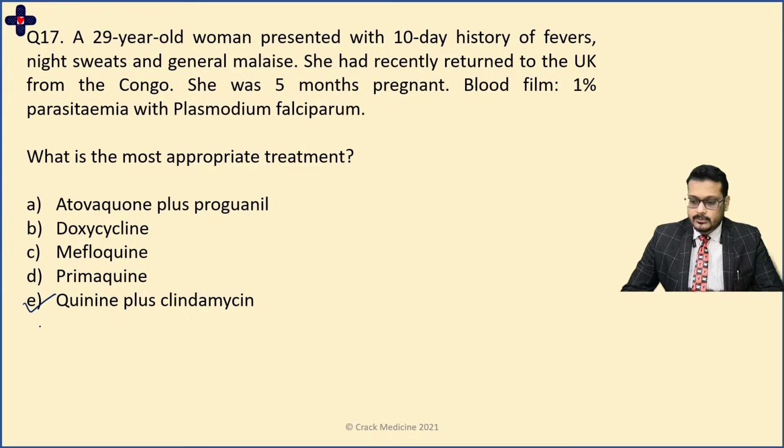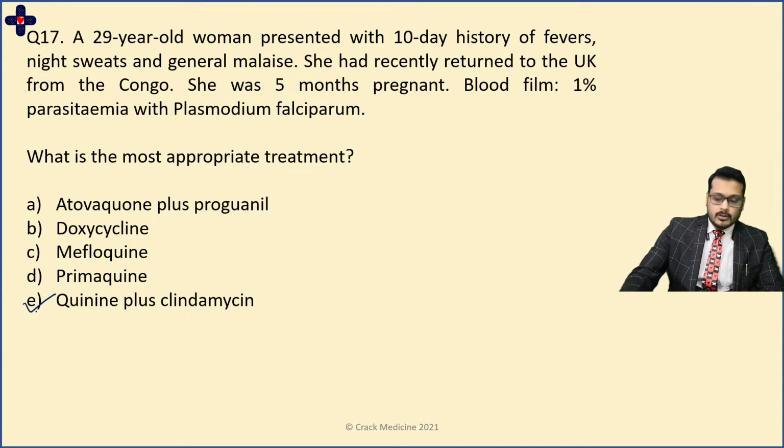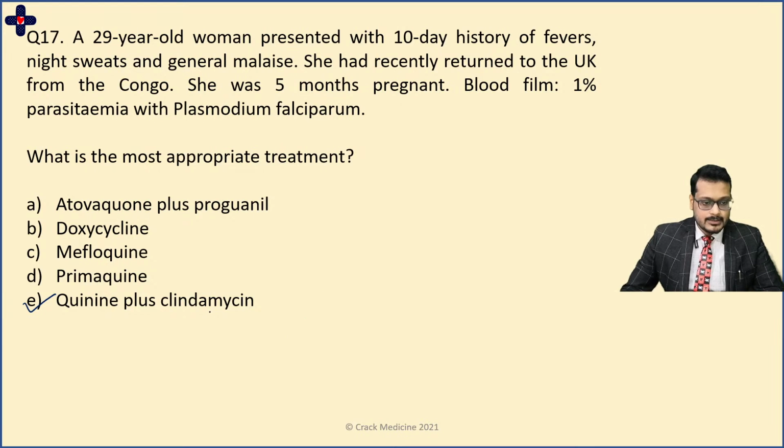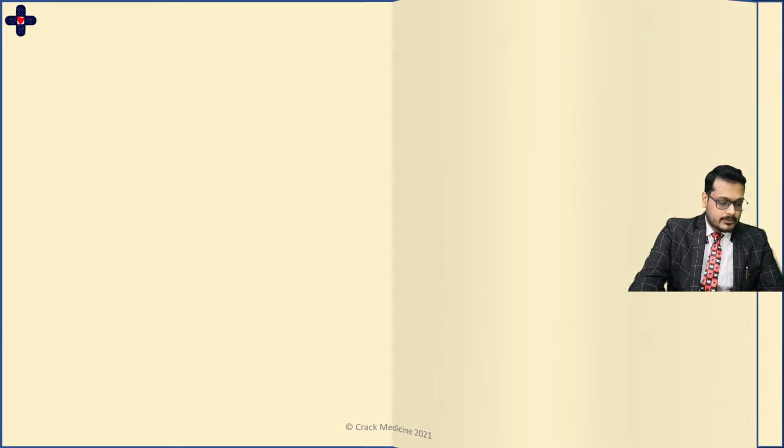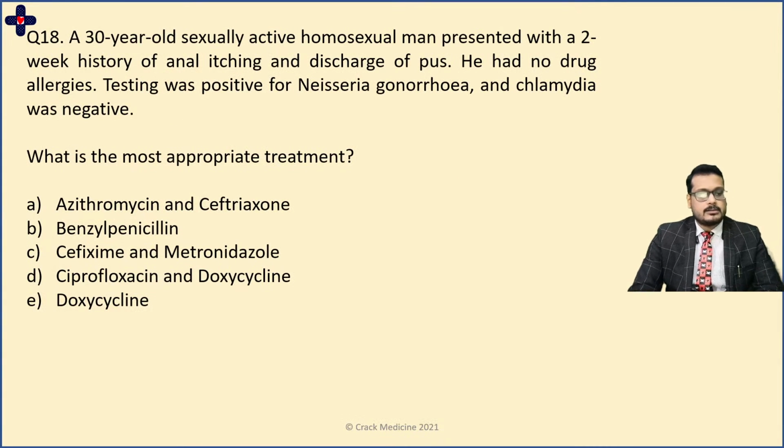Tinu, Pavan, Karthik, Renu, Dr. Aisha, and Malik has not answered yet. Okay, so quinine plus clindamycin, because in this case doxycycline was contraindicated, so you have replaced doxycycline with clindamycin, like I said earlier. Okay, so that's how you go about treating malaria. Now let's see this one. So earlier we were talking about diagnosing these conditions. Now let's see how to treat these conditions.